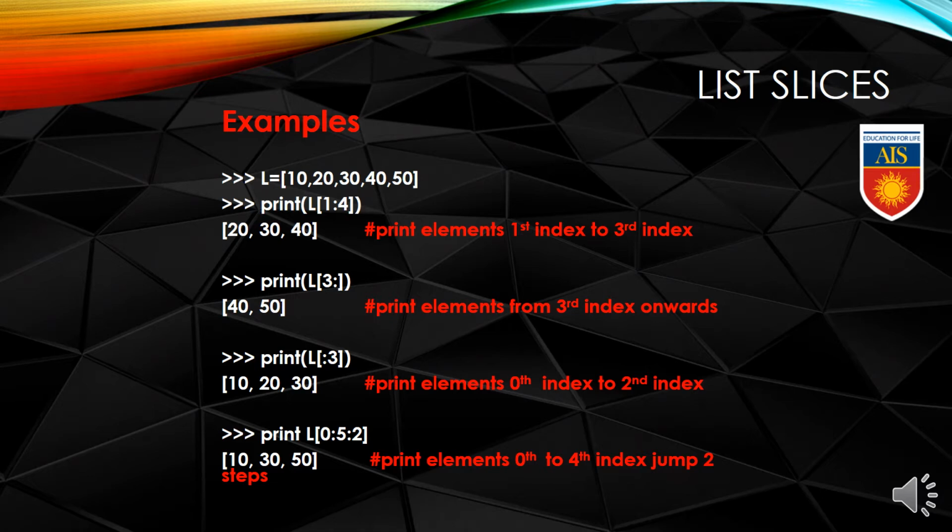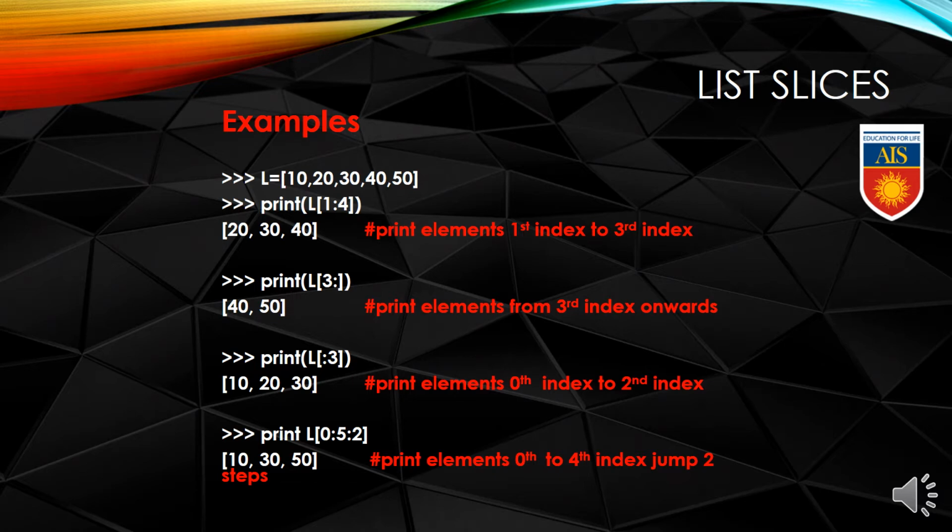First it will try to print the 0 index, and if we follow our list, in the 0 index we are having 10, then in the first index we are having 20, then in the second index we are having the value 30. If we apply the step value or the jump value 2, after printing the 0 index, it will try to print the second index value as far as the list is concerned. So it will be 10 and then it will be 30. If we match the result, it will match automatically.